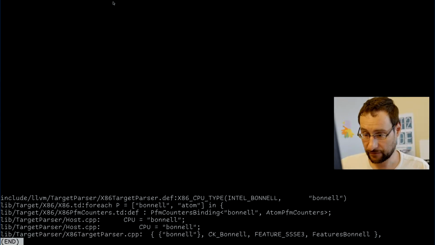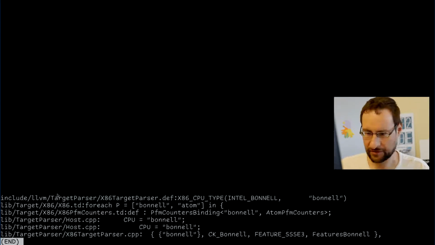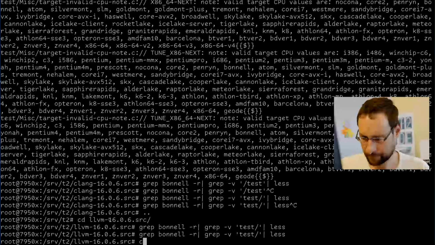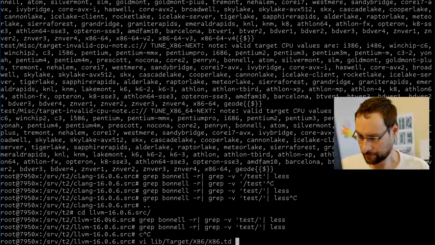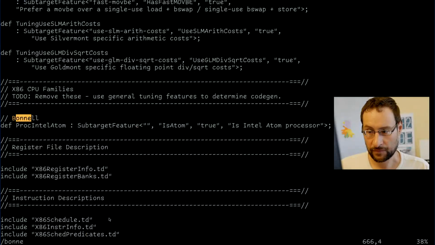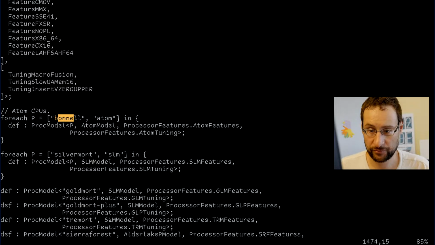It might after all be in LLVM here in target, so it might be possible that Clang passes that one-to-one to LLVM. Atom CPU use for each P and one null atom proc model.